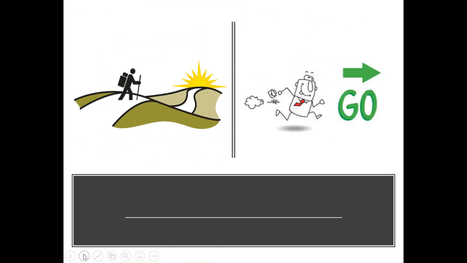Last picture. What do you notice or see? I notice or I see. Well, in the first picture, I notice it looks like someone is starting a journey down a long path. Looks like they're going to go hiking. In the next picture, it looks like someone is going somewhere or going forward, and they look pretty happy. So, how are these pictures the same or similar? They both